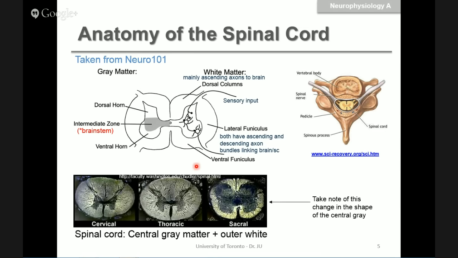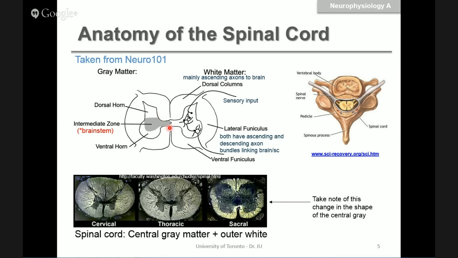Related also to the first series of lectures, the first 3 lectures, you should also know some of the basic properties of the neuroanatomy that we went through as well. I had mentioned in one of the slides that you have 6 different funiculi. Again, it's paired on both sides. You have one funiculus here, or tract, same idea, same word. We call these the dorsal columns, medial lemniscus. Over here on the side, we call it the lateral funiculus. And then we also have this ventral funiculus. That makes up half of the 6. And then it's repeated over here on the left. That's how we come up with the 6 funiculi, or the 6 different regions of the white matter